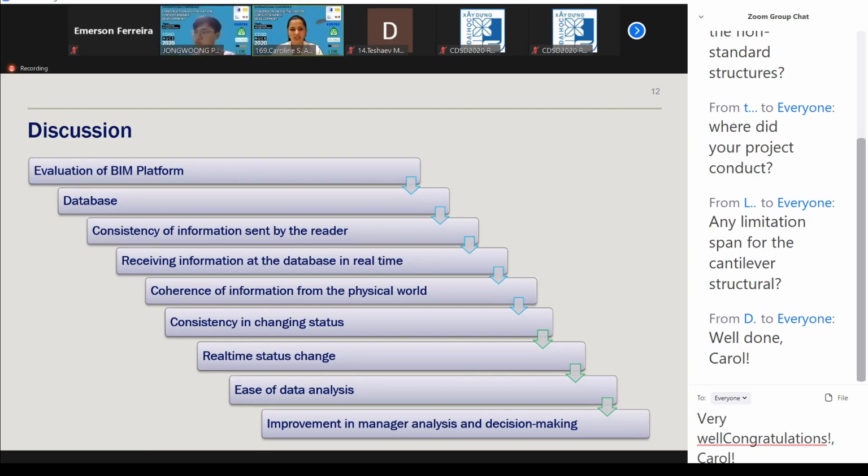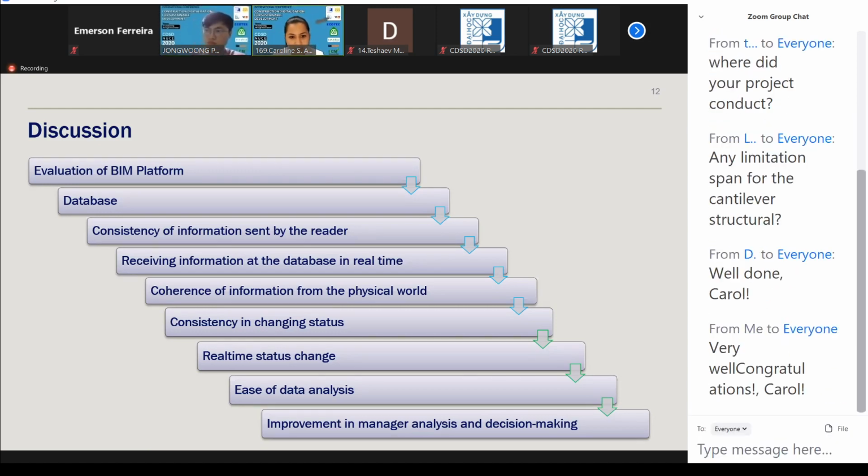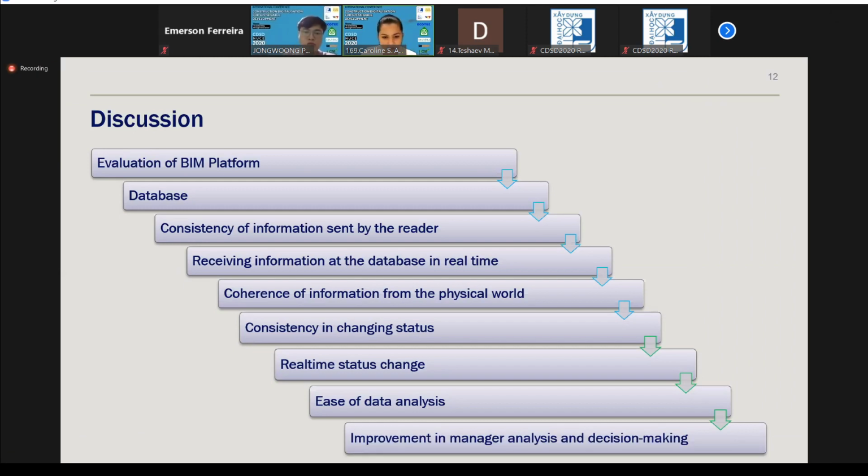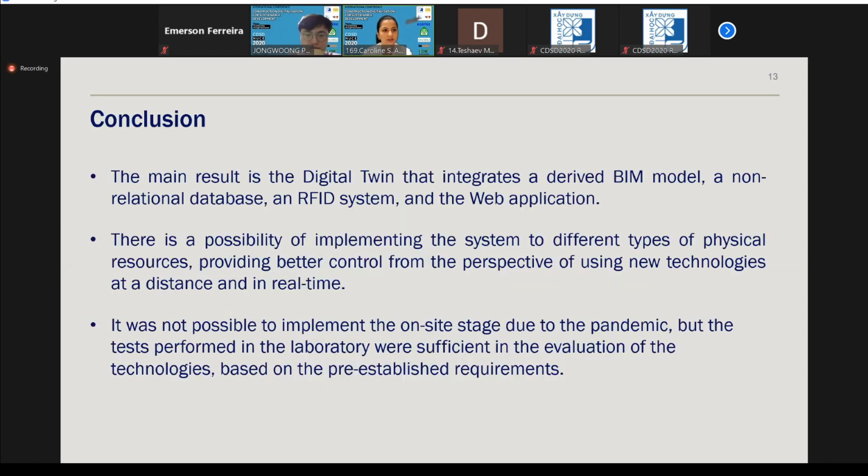And it is consistent in changing status; real-time status changes. We had a small delay in this case, but the result was okay for our requirements. And ease of data analysis because the information is visual. And we observed the potential for improvement in managerial analysis and decision making by the managers at the construction site.